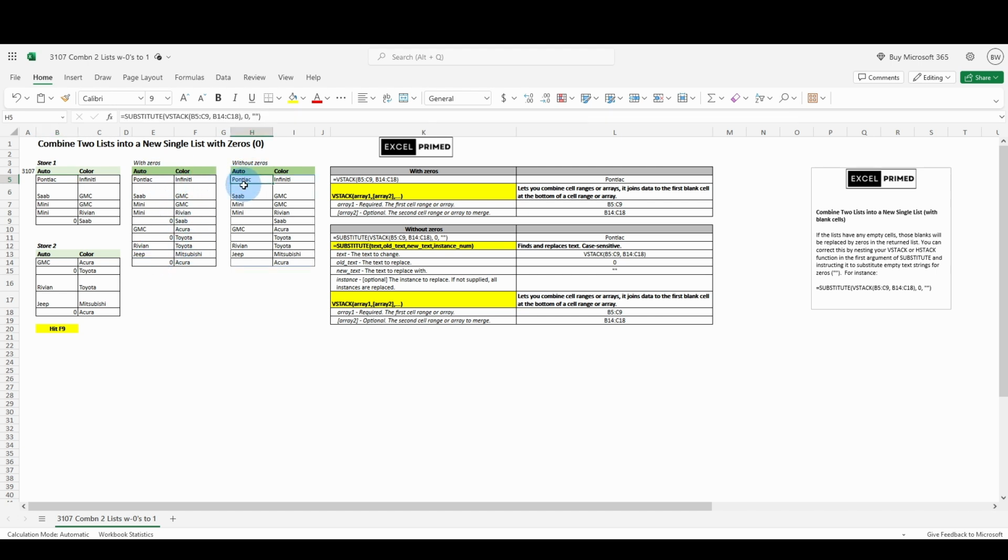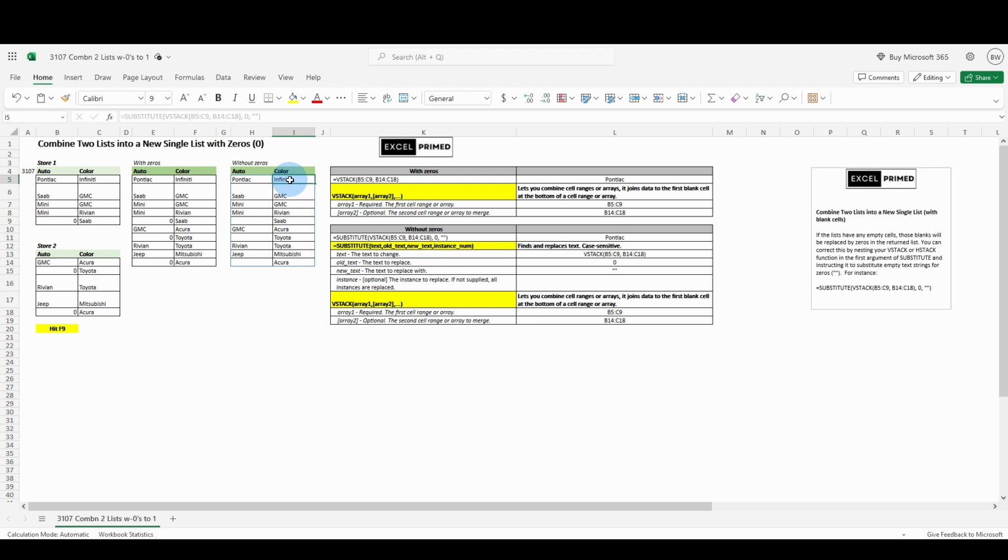Well, we can look over here and we can include the substitute. We can nest this substitute with the VSTACK and we can say, look, if we have a 0, replace that, put a blank. Sort of like an if statement. In this case, it says VSTACK, if 0, substitute for blank. You could do an if statement, but a substitute does it in a snap,